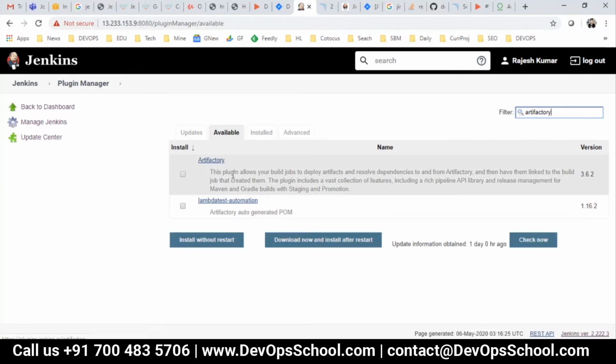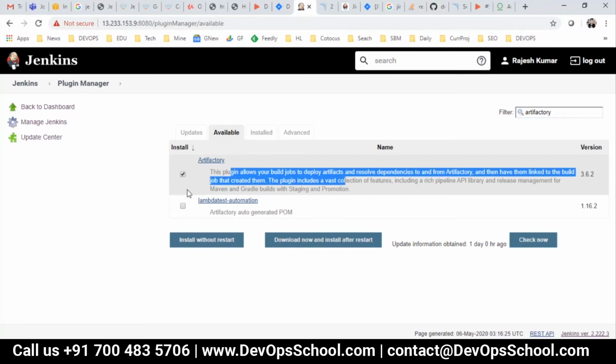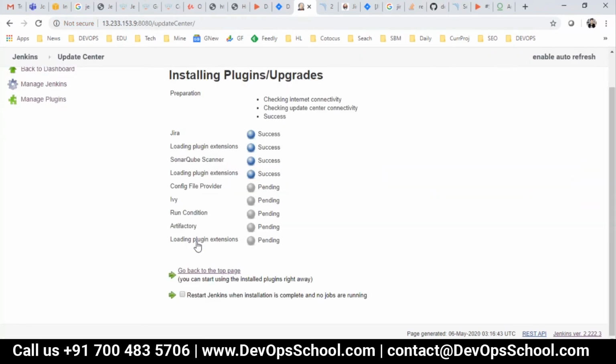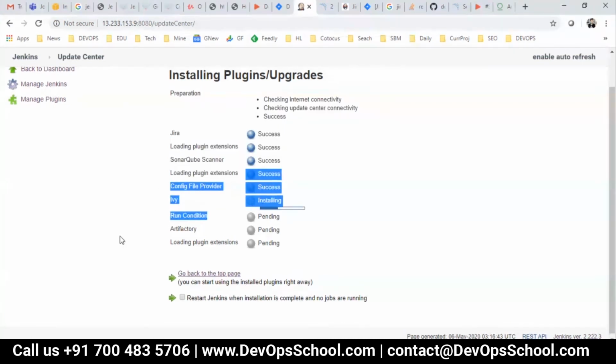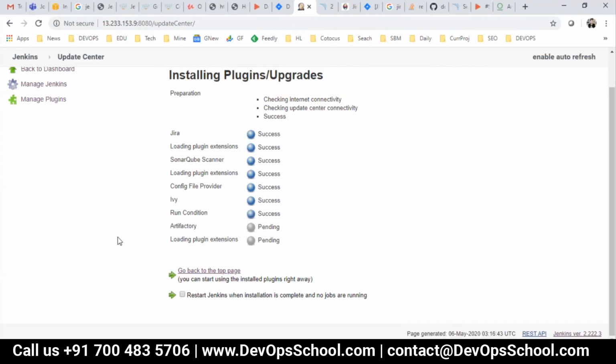See here, Artifactory plugin is there. Install without restart. Artifactory plugin is dependent on some other plugins also, you see here. Almost done.